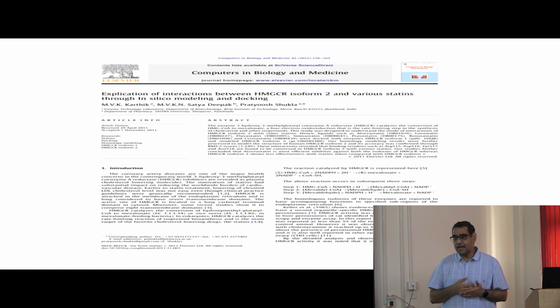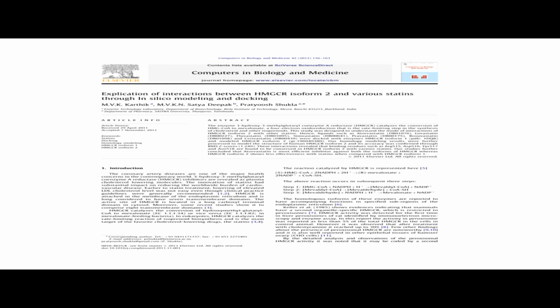People are using that. So what is the improvement capability? It is given in this paper. And this journal is very tough, I am also telling you: Computers in Biology and Medicine. If you Google it, you will see